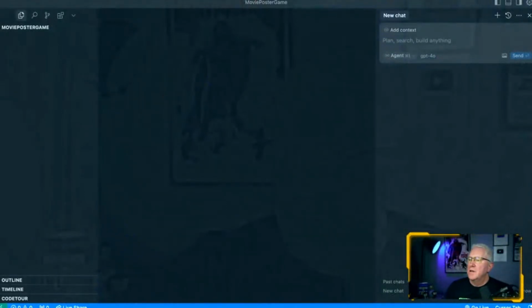All right. So now we're good. This is Cursor, right? This is Cursor. I've got it already set up in a folder, so you don't need me to create a folder. And if you've never seen Cursor before, it's very similar to how VS Code looks. The first thing that we do here is add context, and I've got my spec here that I want to pull in. So I'm just going to copy it. This is from OpenAI. And I'm just going to paste this in here.